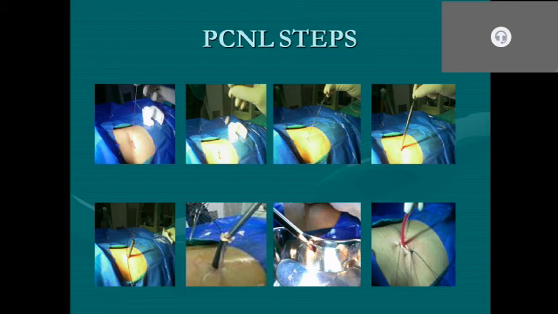Once you enter the system, you can see a clear reflux of urine coming from the needle. Then you pass a guide wire and do serial dilatation of the tract. There are sequential dilators, and at the end you put an Amplatz sheath, this black colored sheath. This will stay inside the system, and through this Amplatz sheath you pass your nephroscope. As you can see, the nephroscope is going, and then you fragment the stone, take out the stone, take out the Amplatz sheath, and you can keep a nephrostomy tube for a couple of days and then remove it.